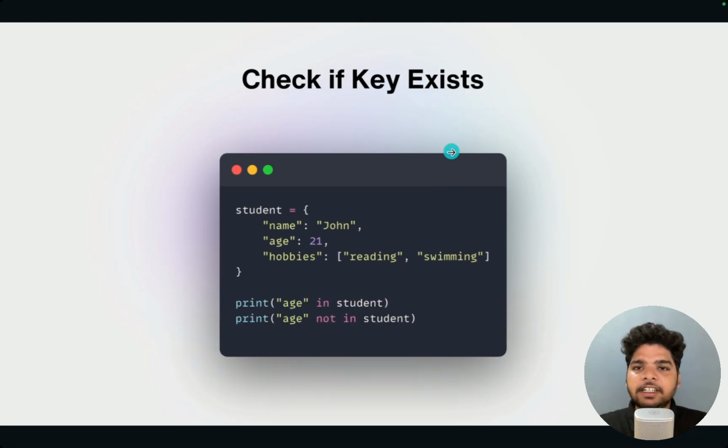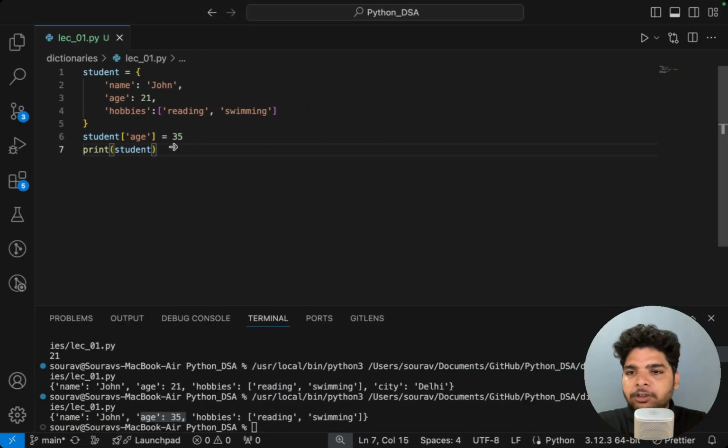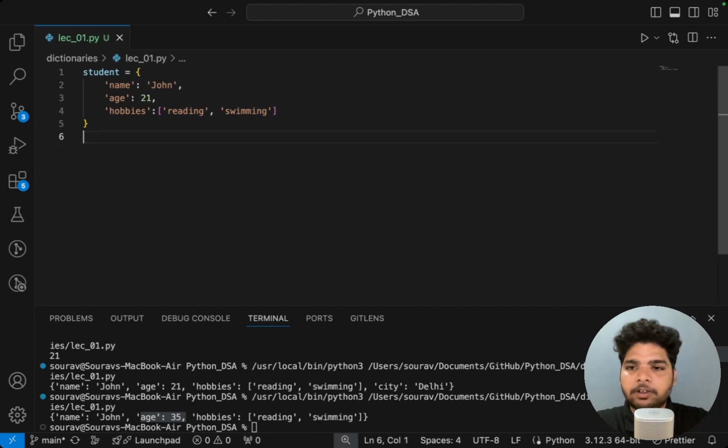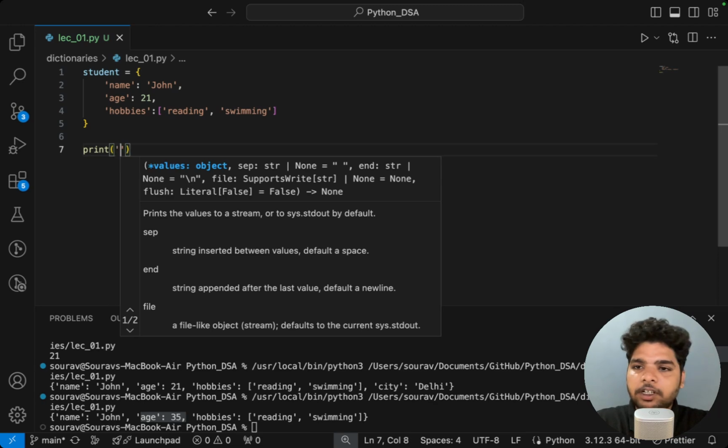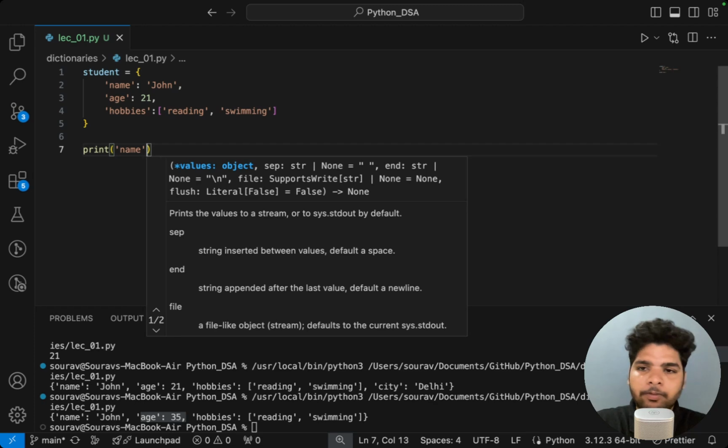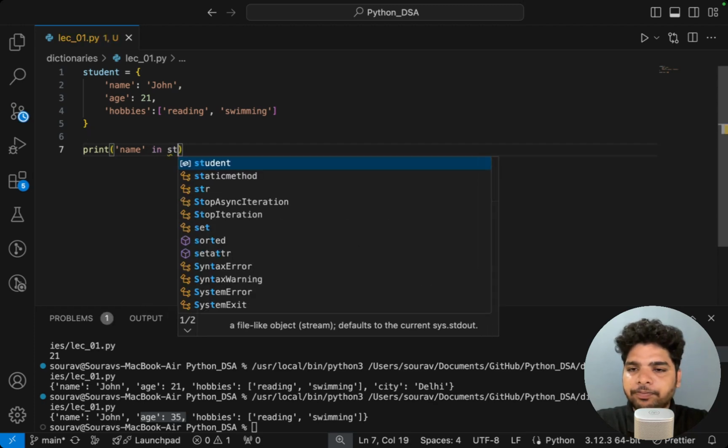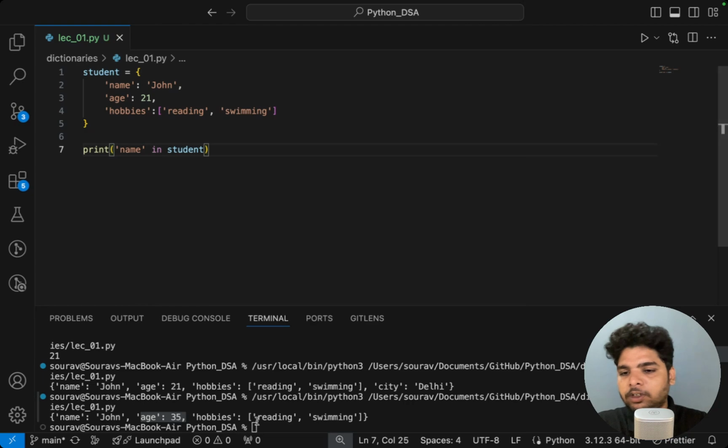Okay, the next thing is to check if a key exists in this dictionary or not. Let's say I want to check if age is present in the student or not. Now how to do that? To do that we have to use the in keyword. So similar to set, here also we have to use the in keyword. Let's try to run this out. Let's say print, I want to check, let's say, name in student. Okay, now let's clear this out,